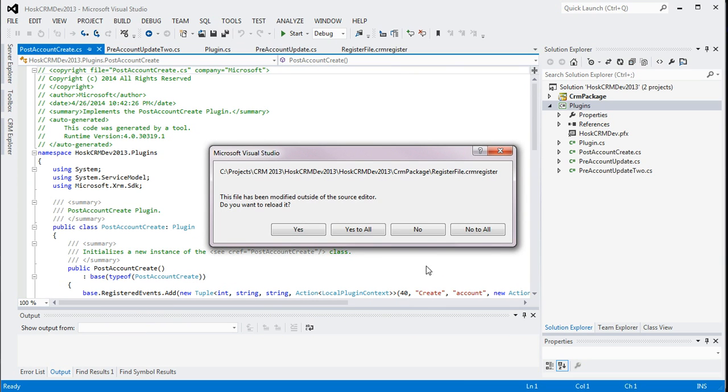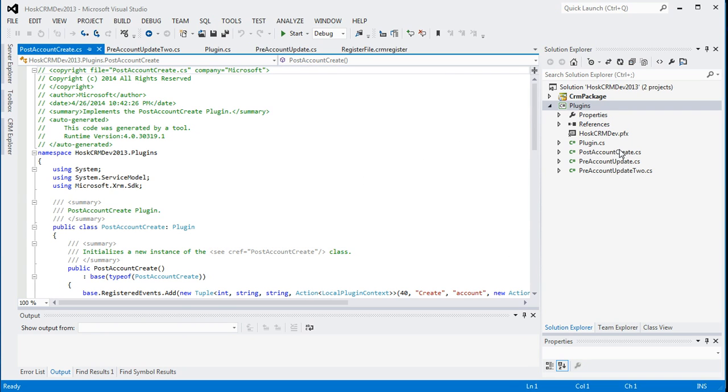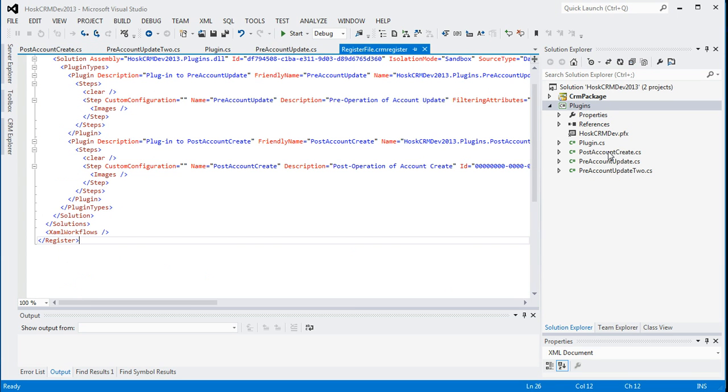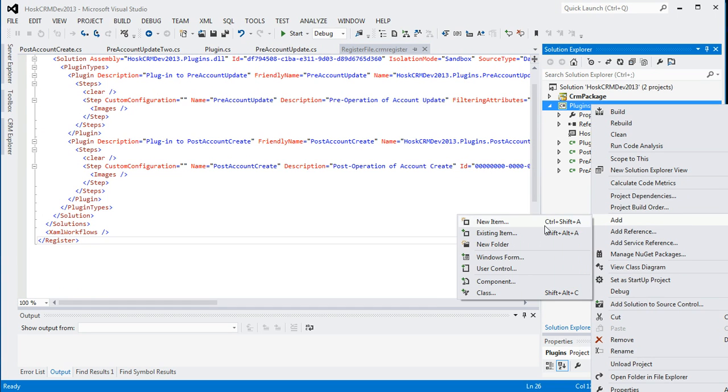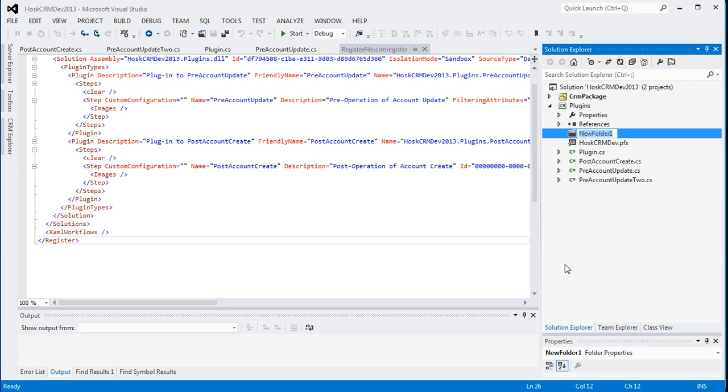and this will change our register.crm register file as usual, and it creates a new class for us here. I'm accepting the default values at the moment because they're fine, but if you start to have a bunch of these, then you need to give them more logical names so you can manage and understand what you've got there. And this week I'm also going to add in a folder to tidy this up a bit,